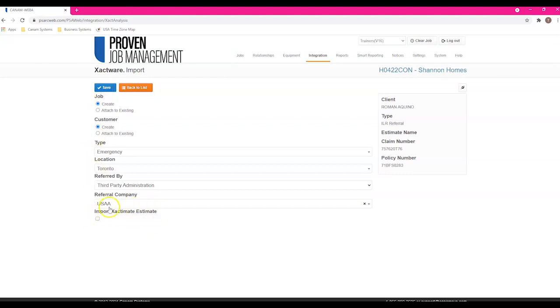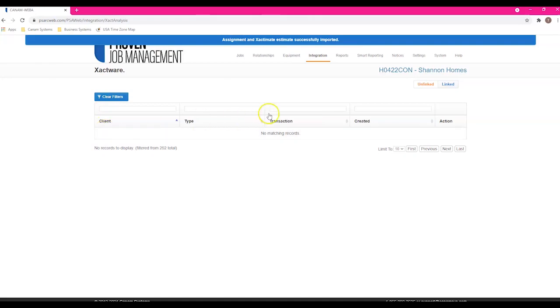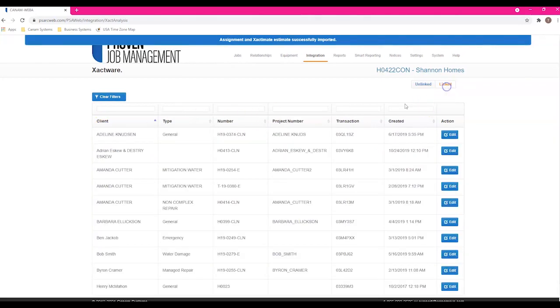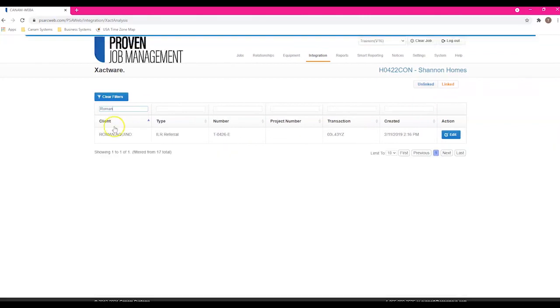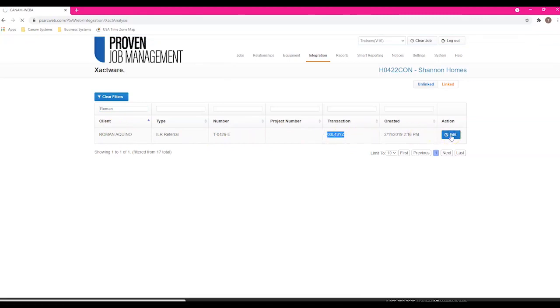Again, this option here is looking back to Xactimate if you have an estimate within the assignment shell that is typically denoted by the prefix of an A in front of the status. So once we are ready, we are now going to select Save to link this exact analysis assignment to our job. Now let's transition and click on our Linked tab, and let's search for that specific job. Here we have Roman. We have our corresponding exact transaction ID, and now I'm going to select Edit to go